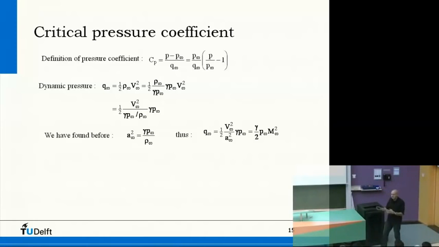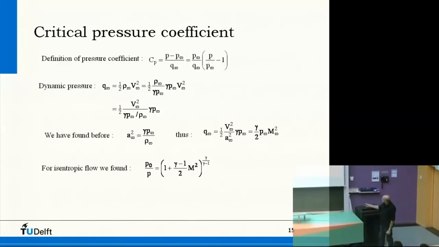So you fool around a little bit with these parameters here, and then you find that there's a velocity of sound here, speed of sound. Okay, so this Q infinity is half gamma P infinity times Mach number squared. Okay, so if we fill it in here,